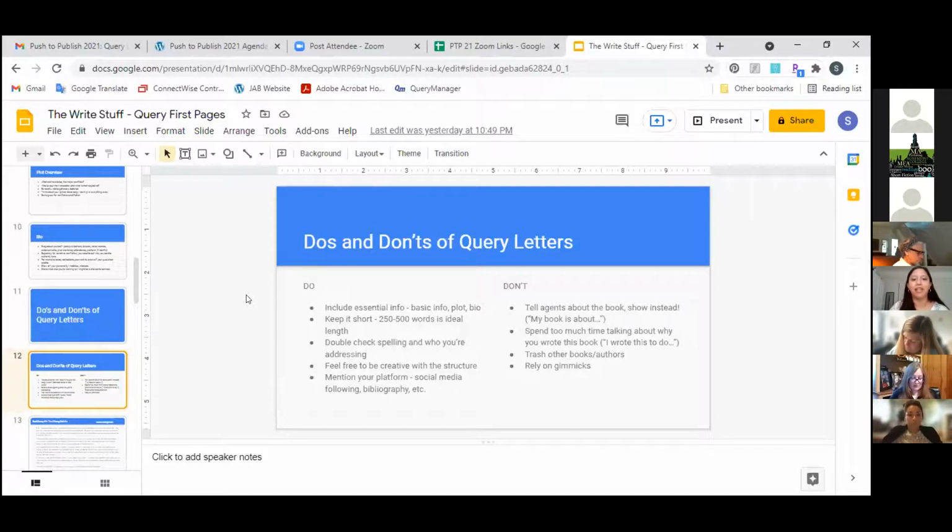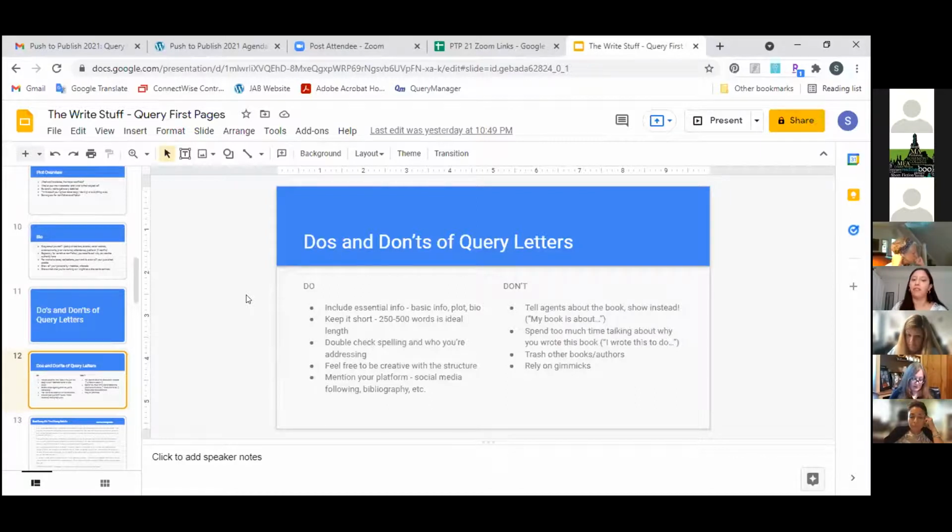Spelling, please double check spelling. It goes a long way. I am nice about it because my maiden name, Velazquez, has like 6 different types of spelling, and I know autocorrect sometimes goes to the different spelling. And so I personally don't discount too much for that, because I know mistakes happen when you're typing. So I'd be a little nice about that, but some agents may be a little more prickly about that. And again, you should show that you know who you're addressing.